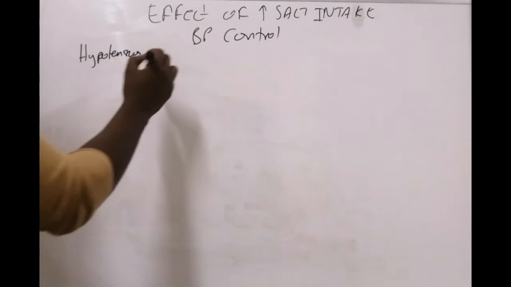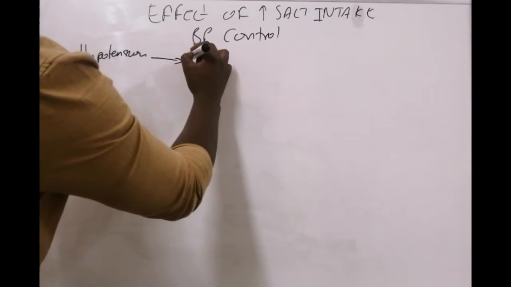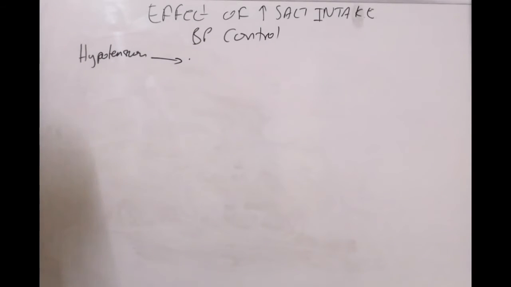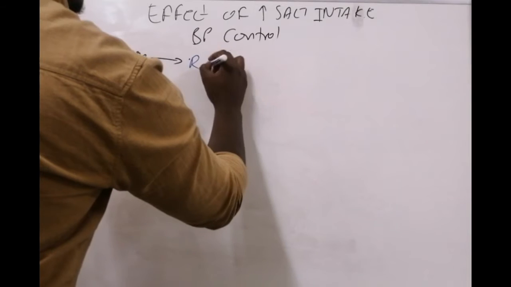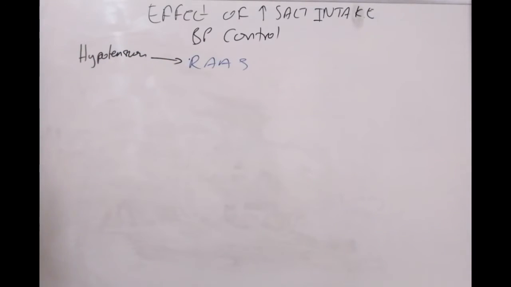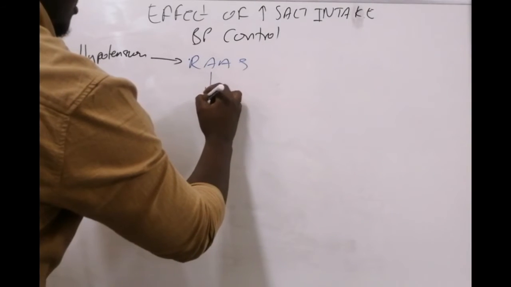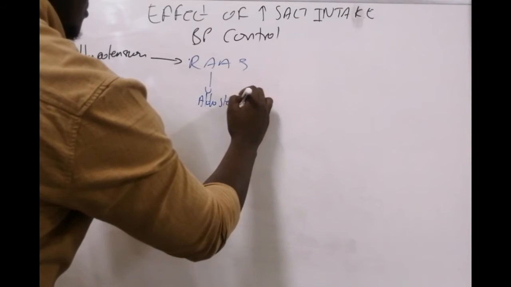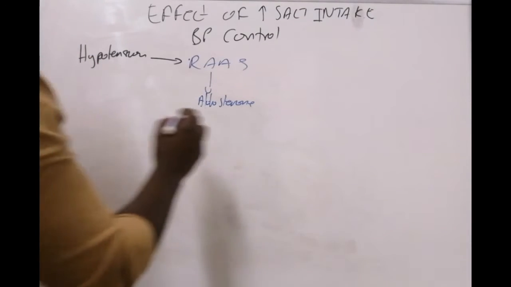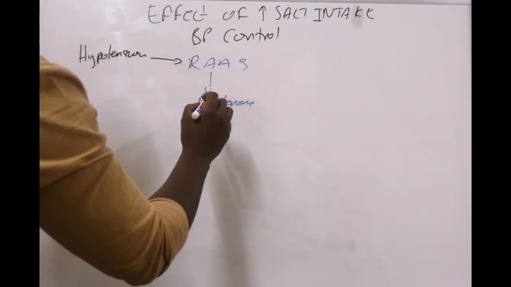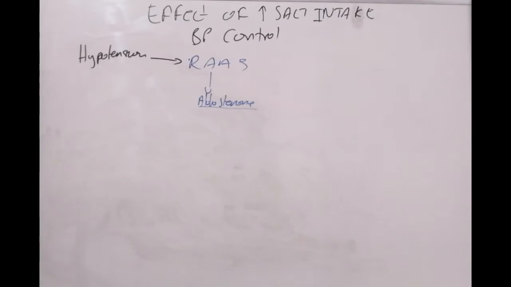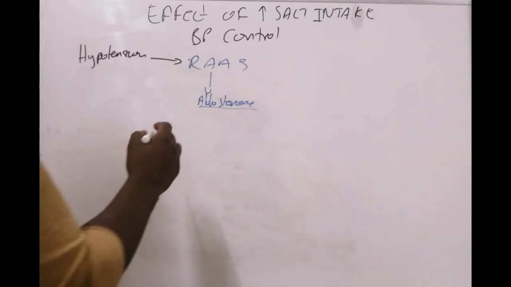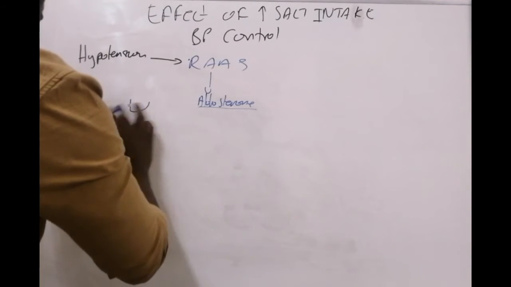and this hypotension resulted in the activation of the RAAS system. And we know now the pathway, but I'm gonna jump. Let's say now we have our aldosterone having been released, and aldosterone is the magic hormone that's gonna help us to retain water. What's gonna happen is that aldosterone